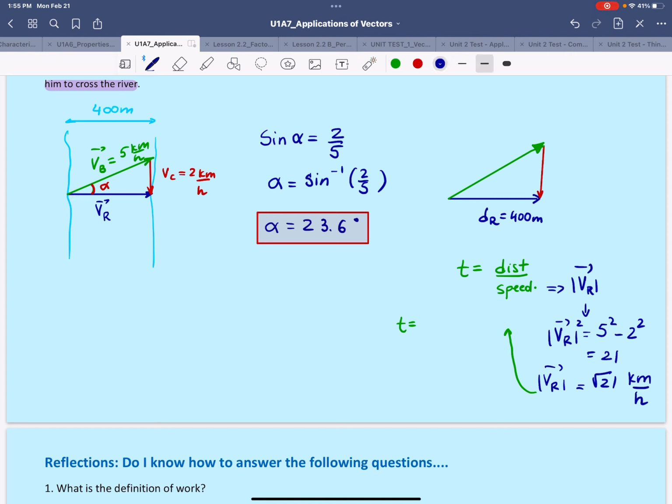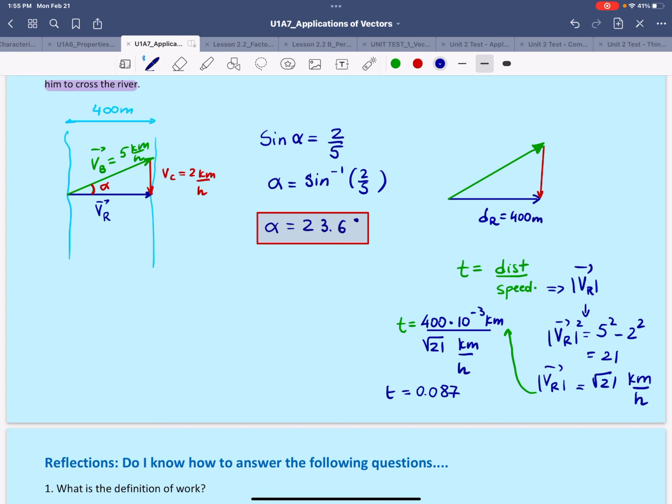So 400 meters would be equal to 400 times 10 to the power negative 3 kilometers, divided by the speed of root 21 kilometers per hour. And that will give the time equal to, just simply use a calculator for it. So we have 400 times 10 to the power of negative 3, divided by the square root of 21. So that was about